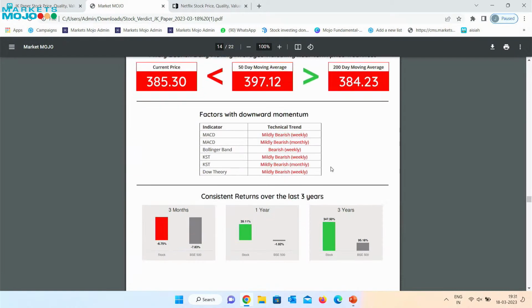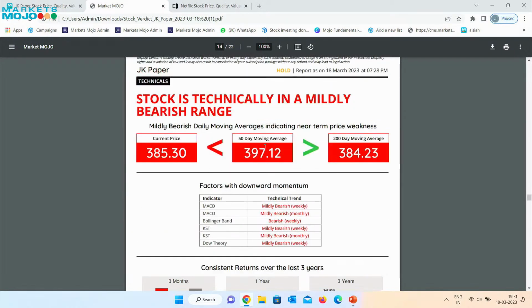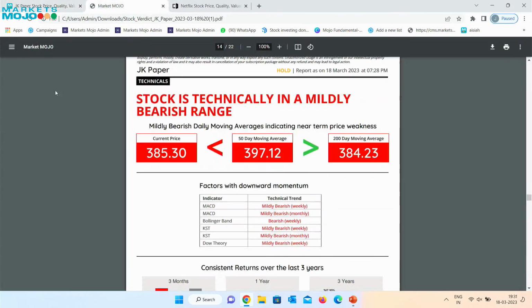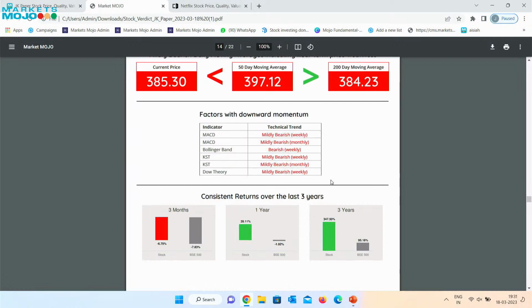Now, factors not working for the company. As I said, the fourth dot was red. Here you can see the technicals are showing red. If you remember, the fourth dot which I spoke about was red. So very simply, you can see the technicals have been a bit bearish for the company. So even though the company has been very fundamentally strong, the current market